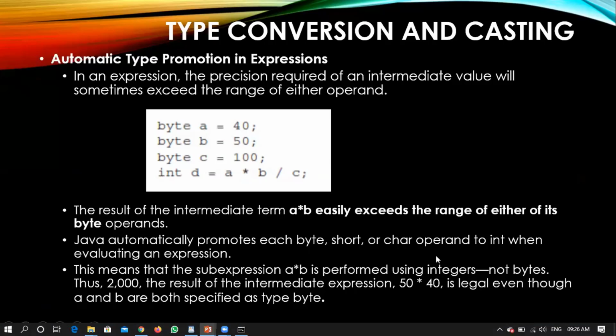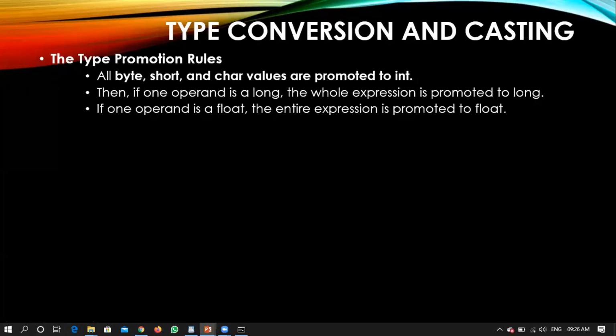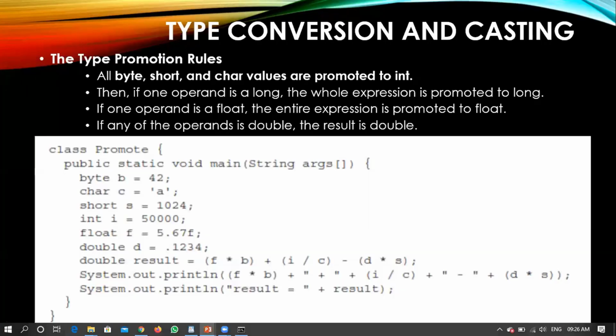Right? So the last slide with respect to type conversion and casting has some promotion rules and a simple example. If you understood whatever we have discussed till now, this example will just summarize it. Any questions with respect to type conversion and casting?